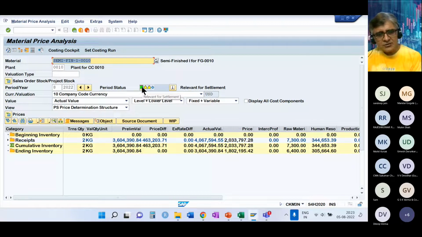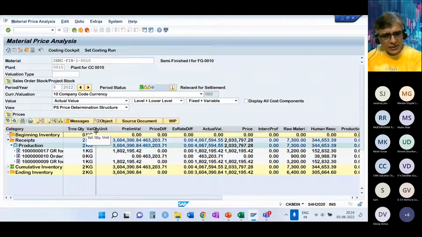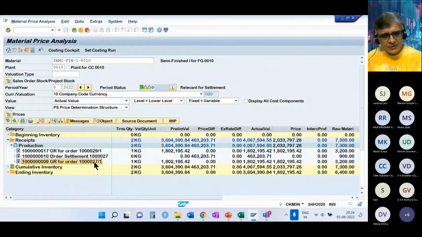We are in the first stage of the cycle. So it has become green. When we execute further steps in the actual costing, it changes the color, and finally all these four become green when we have concluded the whole actual costing cycle. So you see the receipts here, you will see one more production order getting added, 29. Okay, and this is at the standard cost. So your ending inventory has gone up by 1 to become 2 kilo.